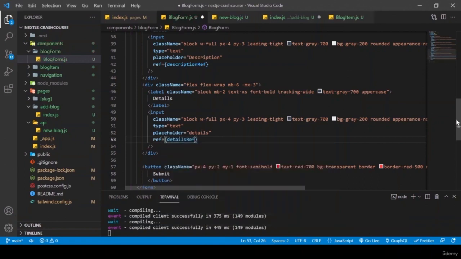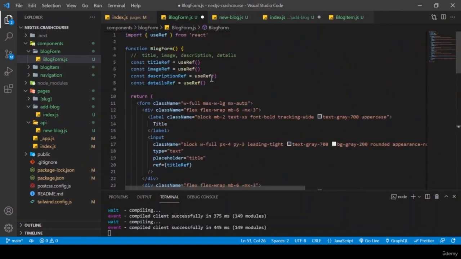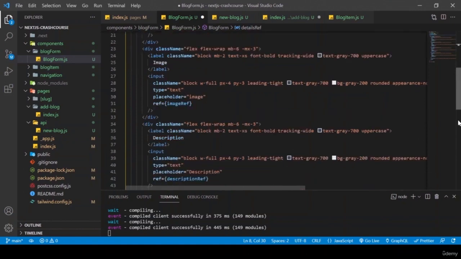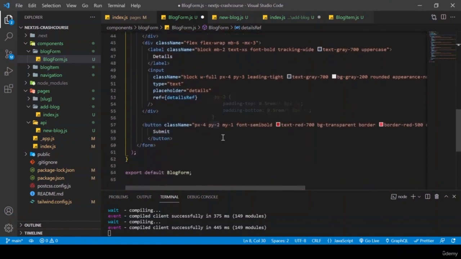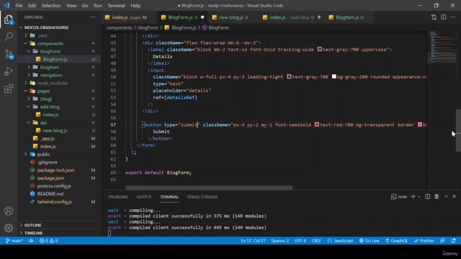Now you can also use useState, but since we are not going to be using two-way data binding here, we're just going to be using references. So now these references hold the value of whatever is in our input. Now for us to submit this form, we should actually make the button of type submit. And now we can go back to